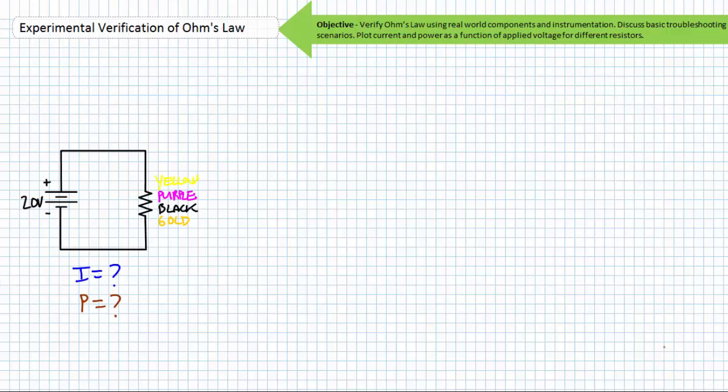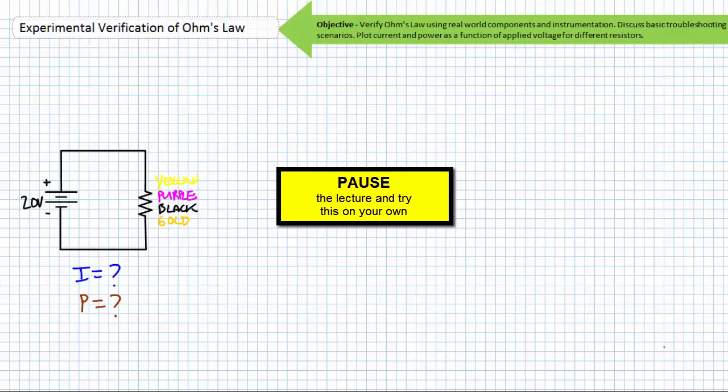Our first task is a very simple verification of basic Ohm's Law properties using lab instrumentation. We're going to build the following circuit. It's a 20-volt source supplying current to a resistor with a 4-band color code of yellow, purple, black, gold. Pause the lecture and see if you can determine the current through and the power dissipated by this resistor for